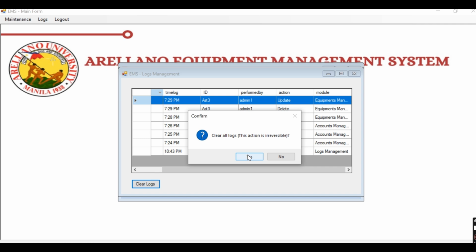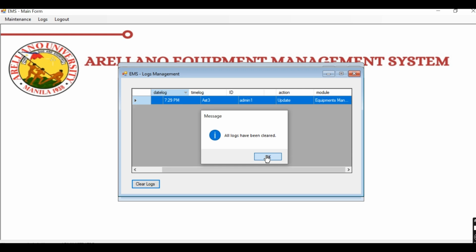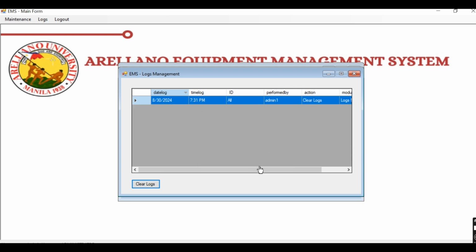So we will be pressing yes. All logs have disappeared. As you can see, as I mentioned, if you clear the logs, you perform the action, and the action was clearing the logs, and this is the time frame. So this is the account for the administrator access.